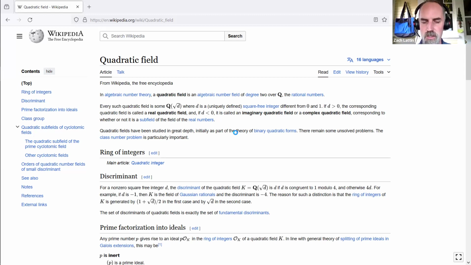If I press H again, main landmark quadratic field heading level 1. It'll say quadratic field, which is the title of the article, and it will say heading level 1. Ring of integers edit link edit section. Ring of integers heading level 2. Ring of integers is a section in this table of contents. So if I press down arrow, it should read main article, link quadratic integer. Heading level 2 discriminant link edit. For a non-zero square free integer. And here, this